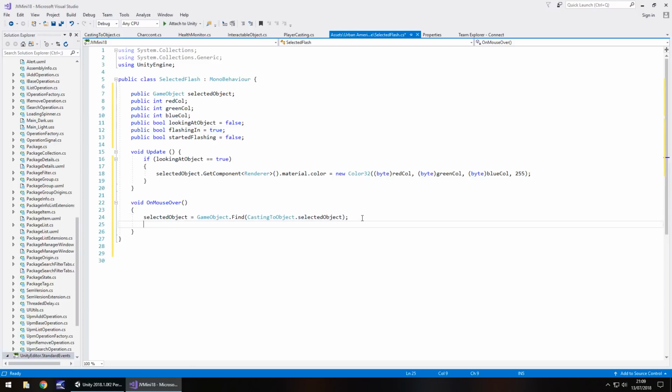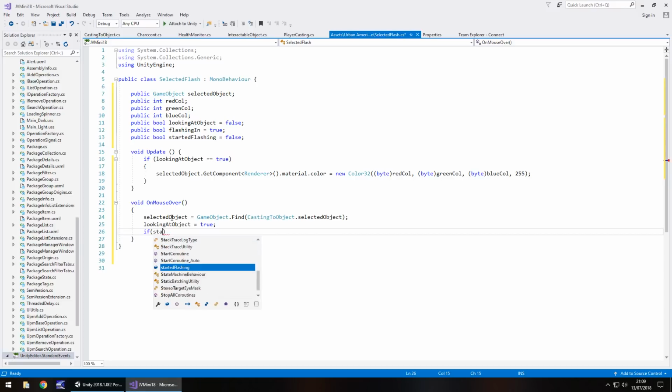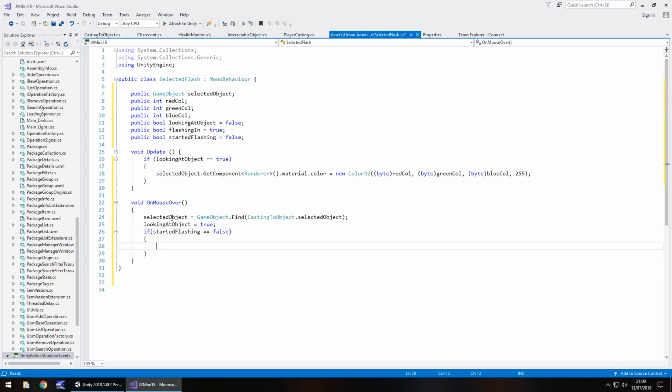Next thing we need to do is set looking at object as true, because we're looking at that object now. So looking at object equals true, semicolon. And now what we need to do, because we're starting this next sequence, and by default started flashing is equal to false, we can now put if started flashing equals false, open curly bracket. What we do is set started flashing to true,